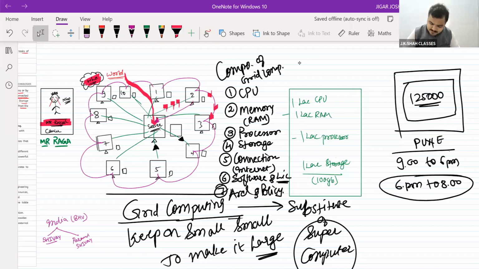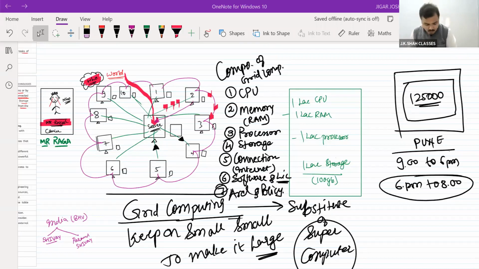Done my charters, everyone. Only this diagram is important. Write it on grid computing and the tagline. Keep on adding small to make it large. Done till here,